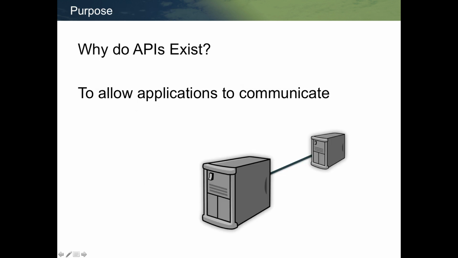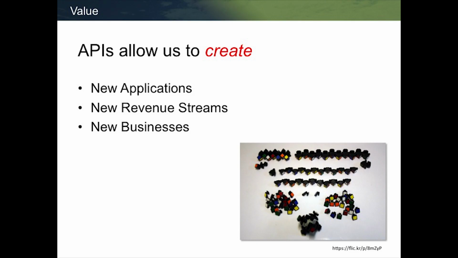And so the purpose for APIs then is just to allow applications to communicate. So it's application communication. Still, again, nothing new. We've got two servers here that are talking. One was querying about the weather of New York City, and it got the current temperature. And then what are the values now of APIs? So when you create APIs, it allows you to create new applications. If you're creating new applications, you're potentially creating new revenue streams based upon your applications, and new businesses, new ways of looking at the information you have and exposing those to other businesses.